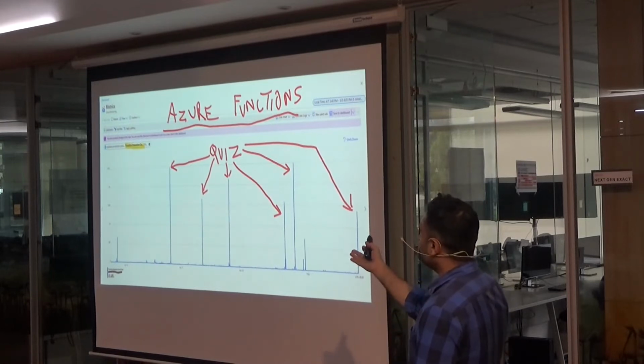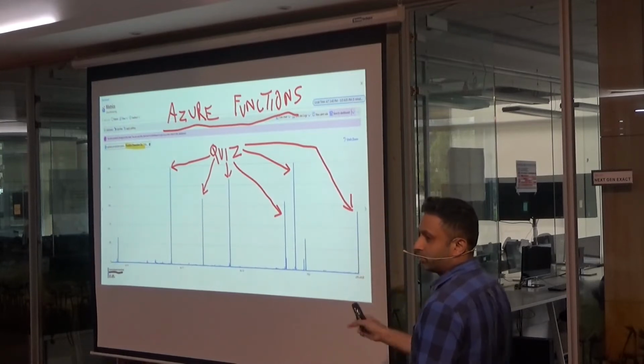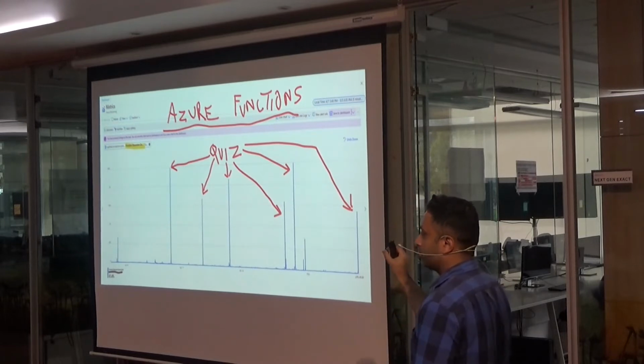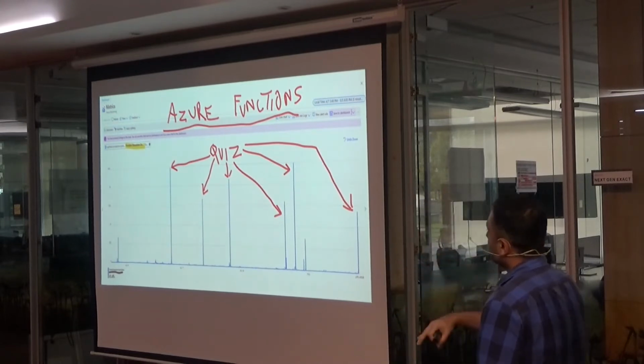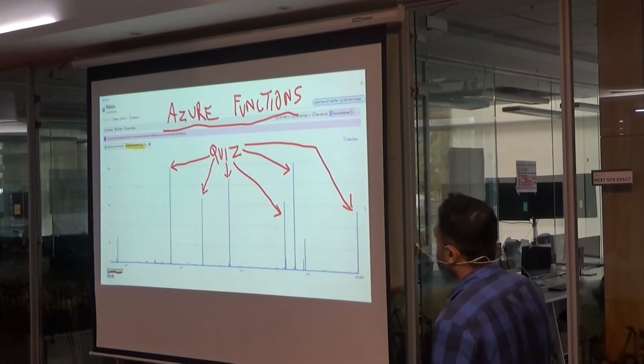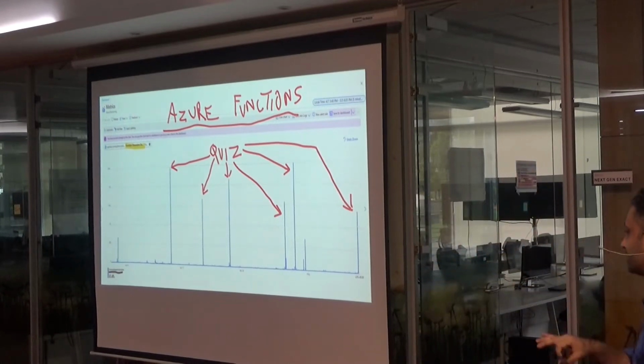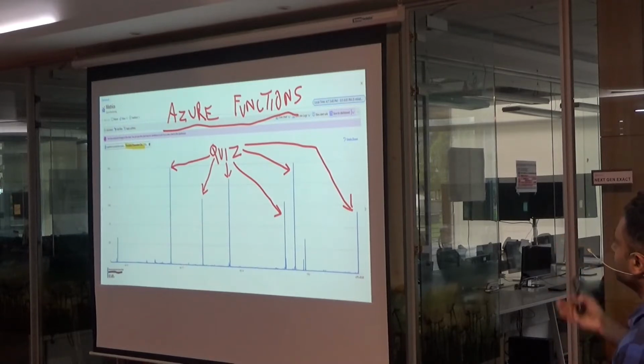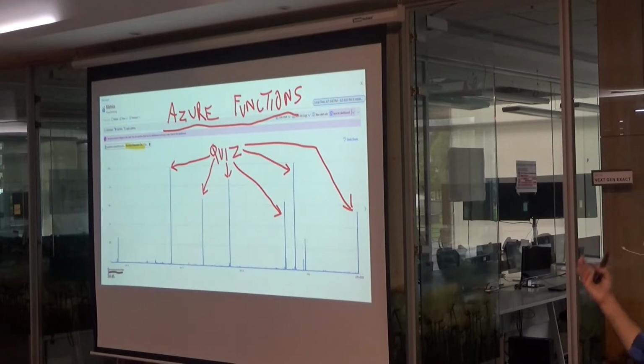But the quiz application itself undergoes usage only during those peak times, 5 o'clock on Thursday evening, 5 o'clock on Friday evening. And we see like a 5,000x burst in traffic, and after that, flat. So this is a textbook scenario for serverless. I don't see any point in reserving capacity when I'm only using it for a few minutes a week.